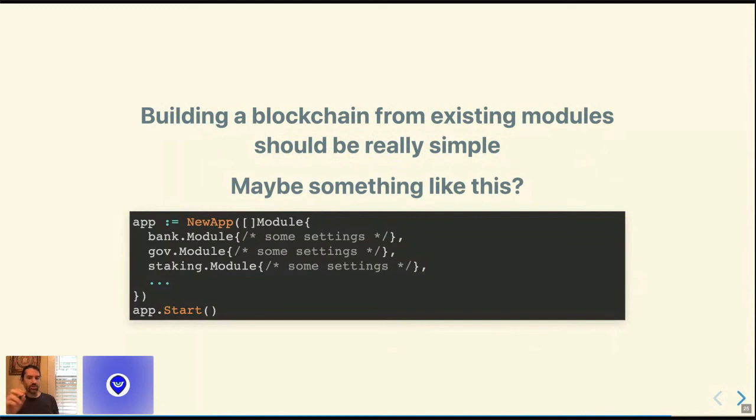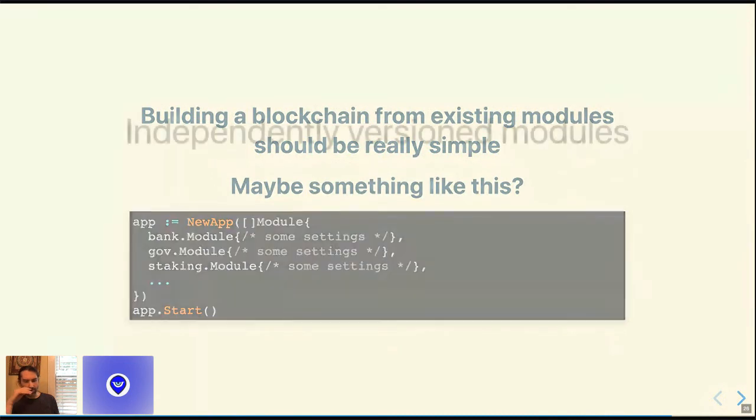And then when you start the app at initialization, they will wire up their dependencies, and all that stuff should get taken care of without an app developer needing to think too much about, did they pass the store key in correctly and register the store key with the store? There's a lot of different things that are hard to get right with the current system that we think we could improve on greatly for 1.0.